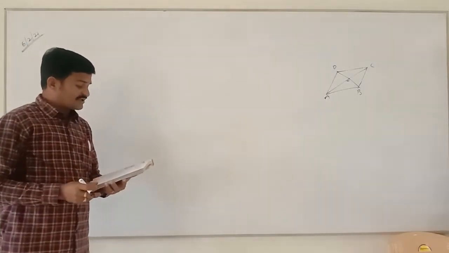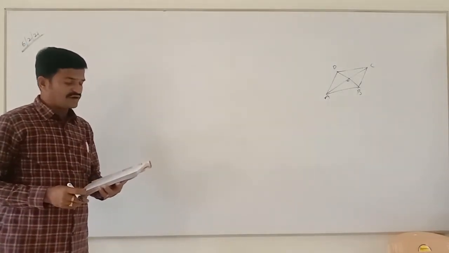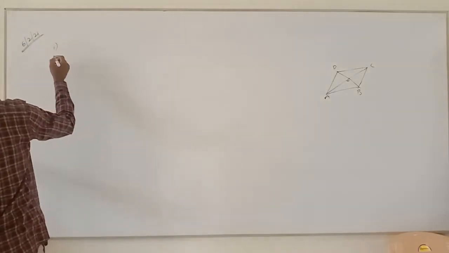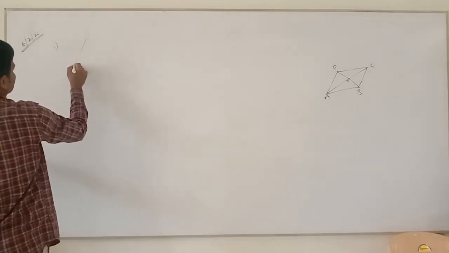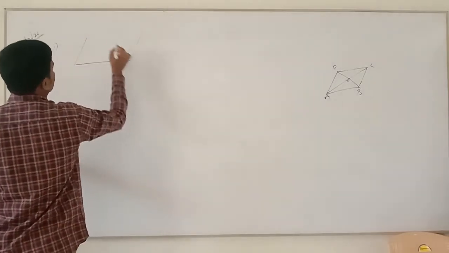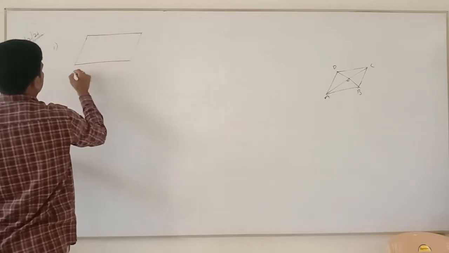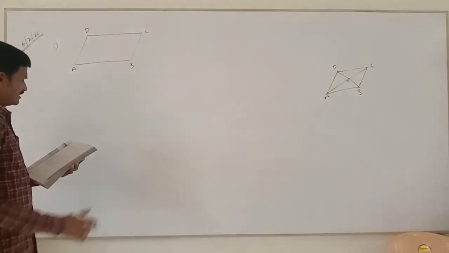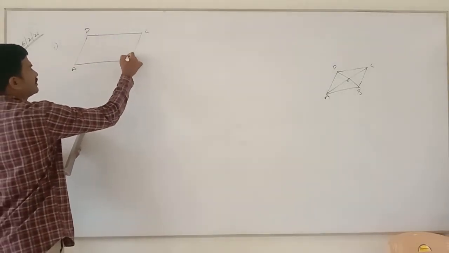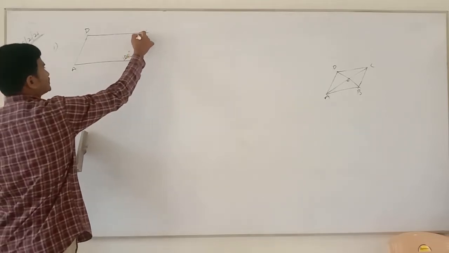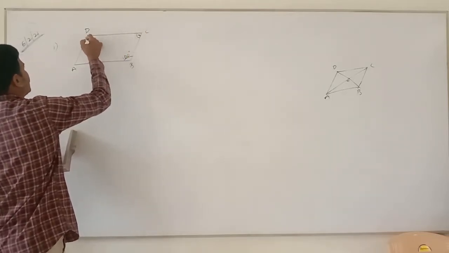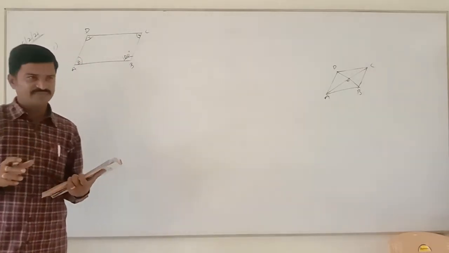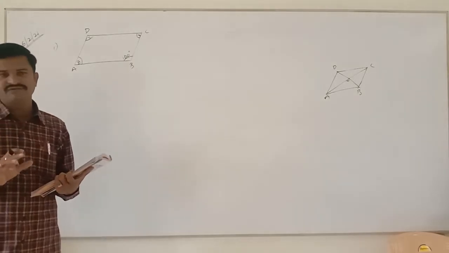Second problem: consider the following parallelograms and find the values of the unknowns x, y, z. See all of you, the first question, this is the parallelogram ABCD, children. A, B, C, D, and it is given that 100, and this is given as x, and this is given as y, and this is given as z, and he has to find the values of x, y, z. Are you clear?